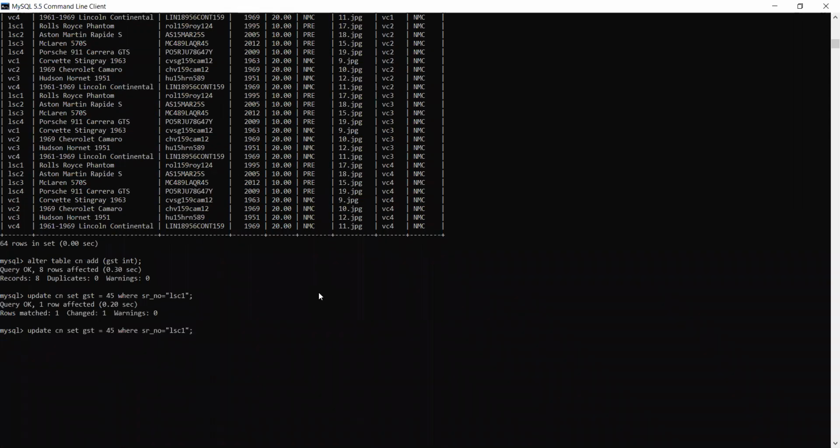One row affected. Then I am giving 50 here, because I am giving different values so that at least you should know how the combination will be done. LSC2, then LSC2.